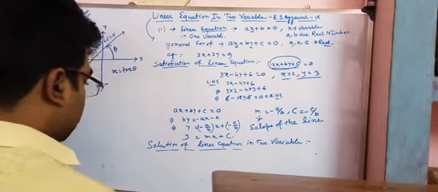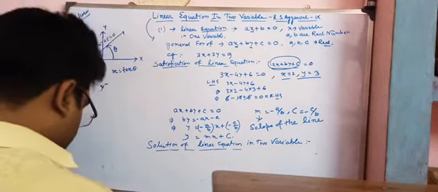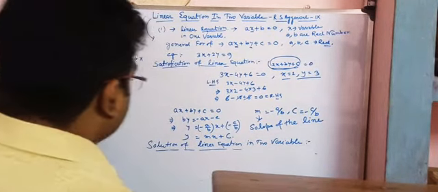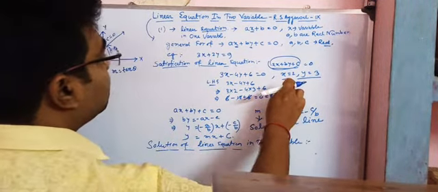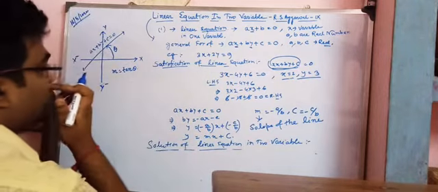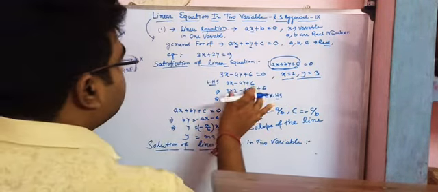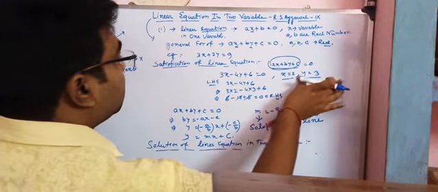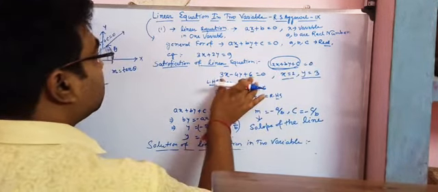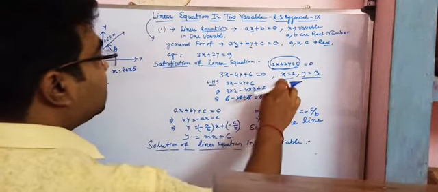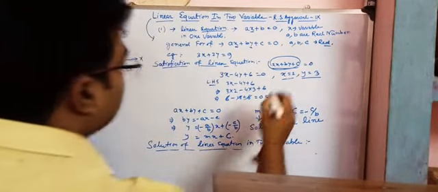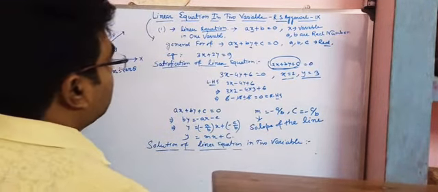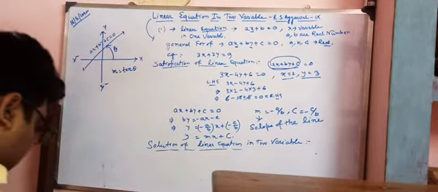Suppose we take this. Actually, solution is quite similar to the satisfaction of a linear equation. Suppose we take x is equal to 2 and y is equal to 3. For these particular values, the equation is satisfied. So we can say that x is equal to 2 and y is equal to 3 are called the solution of the linear equation 3x minus 4y plus 6 is equal to 0.